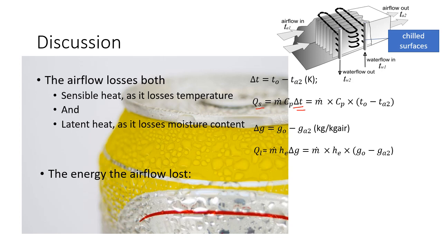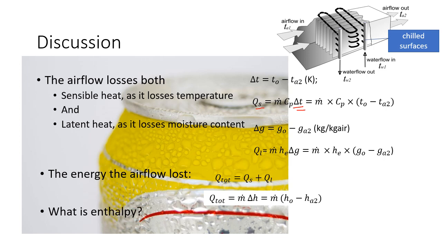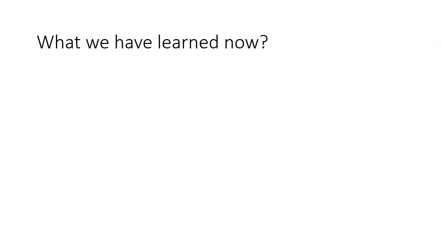So the total energy lost from airflow has two components, one sensible, the other latent, and can be calculated by the flow rate multiplied by enthalpy change. So what is enthalpy? Enthalpy is the energy contained in the